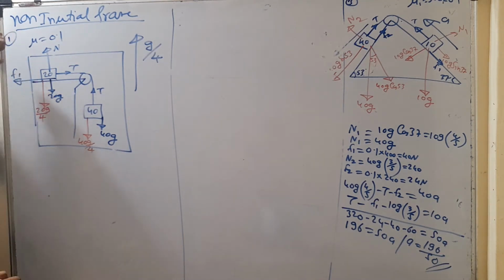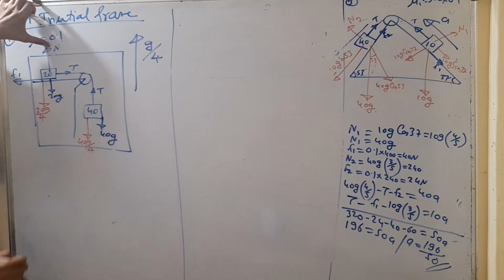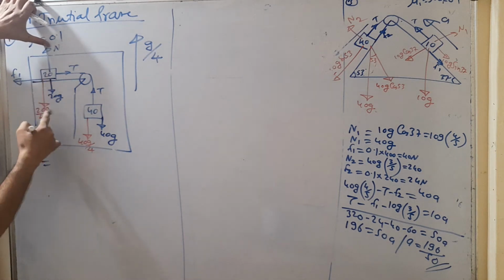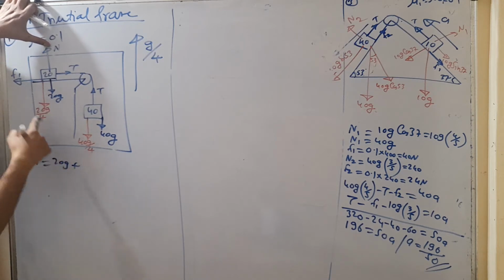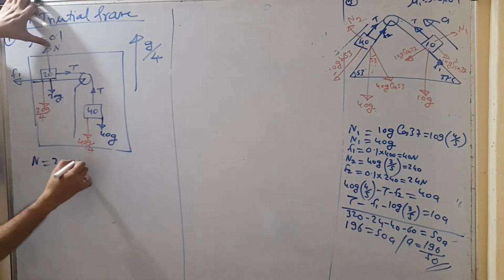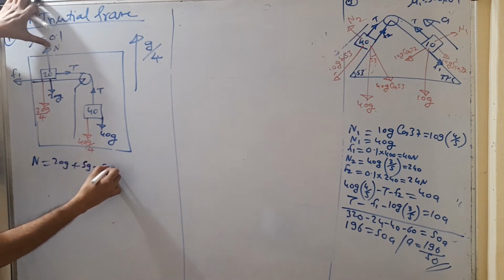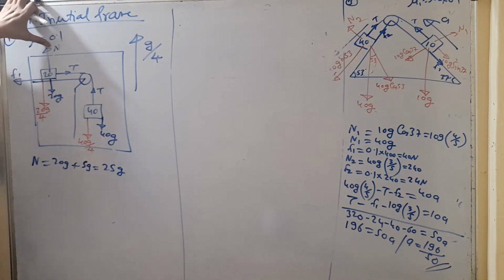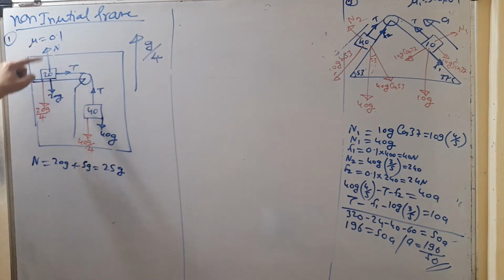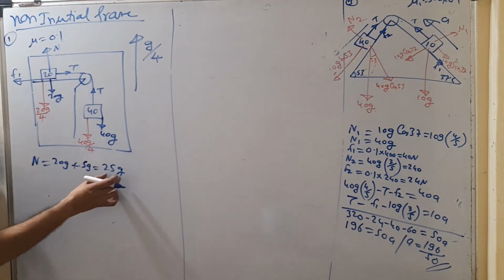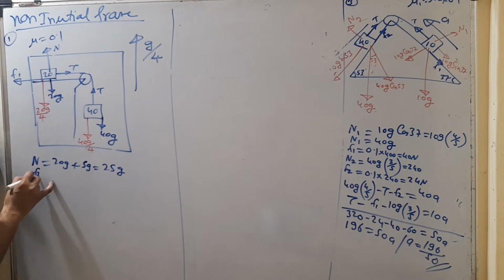To calculate this F1, to find this frictional force, first you have to find the normal reaction. So for this block, N is what? 20g, its weight, and the pseudo force. We are getting an additional force in the downward direction, so that is 20g by 4, that is 5g. So what is the total normal reaction force? 25g. Naturally, if this were not a non-inertial frame, how much would the normal be here? 20g. But because of the acceleration of the frame, we are getting two pseudo forces in the downward direction on both the blocks. Because of that pseudo force, its normal reaction increases. So what normal reaction are we getting? 25g.